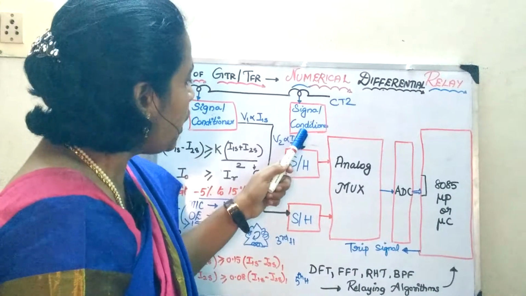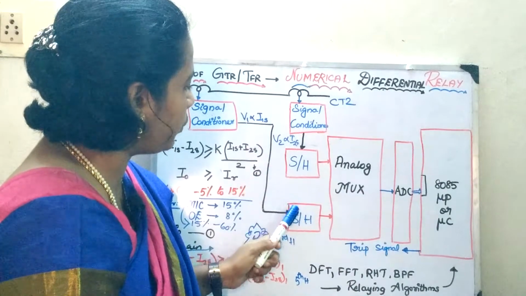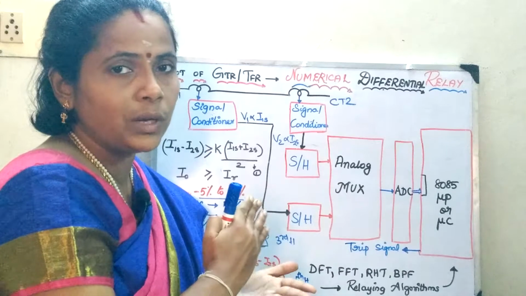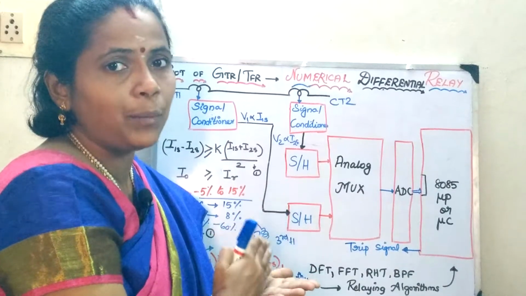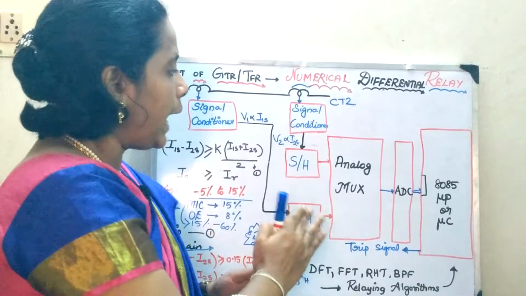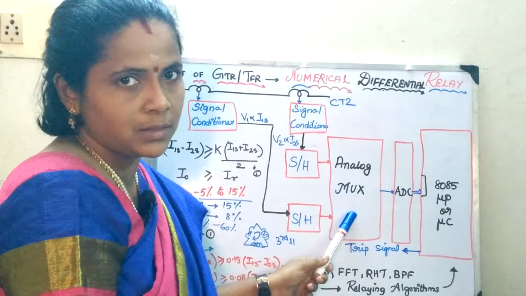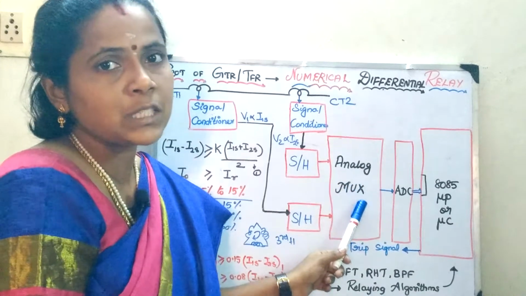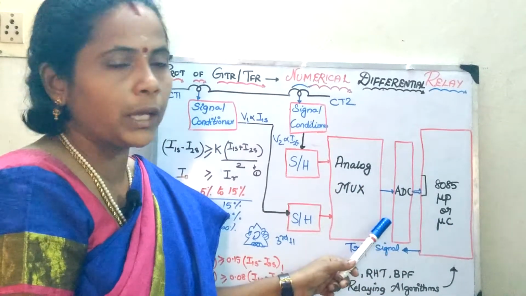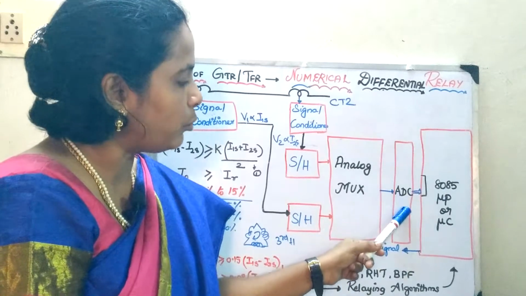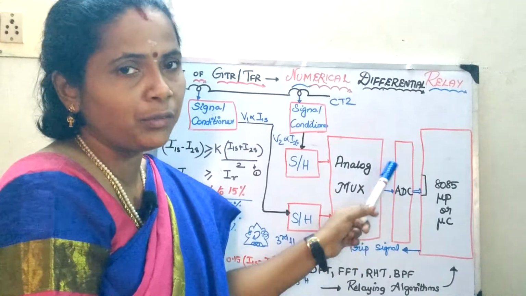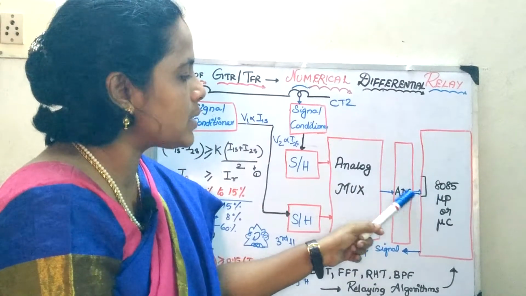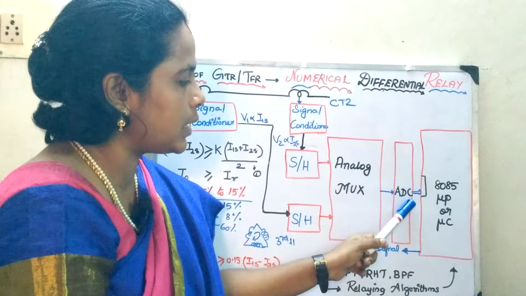Once the reduced voltages are applied to the sample and hold circuit, it samples the signals at different instants and gives the digitized values to the mux. The mux chooses the priority of the channel, the data to be sent, as it receives the signal from the microprocessor. Then the ADC receives the start of conversion signal to convert these values to digitized values, and sends the end of conversion signal on completion.